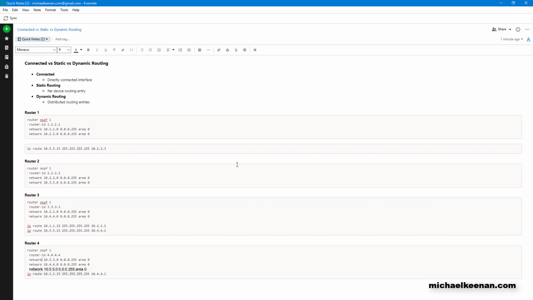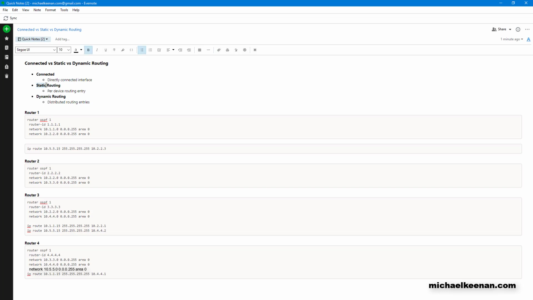Today I'm going to be going over static, dynamic, and connected routes. This is the configuration that we're going to use for router 1, 2, 3, and 4. A connected route is directly connected to an interface. So that's when you have an interface, say 10.1.1.1, and it is in a /24 subnet mask. That means that it is directly connected to